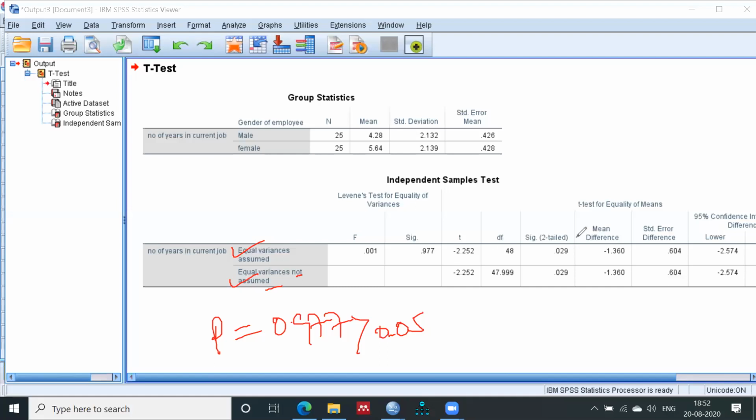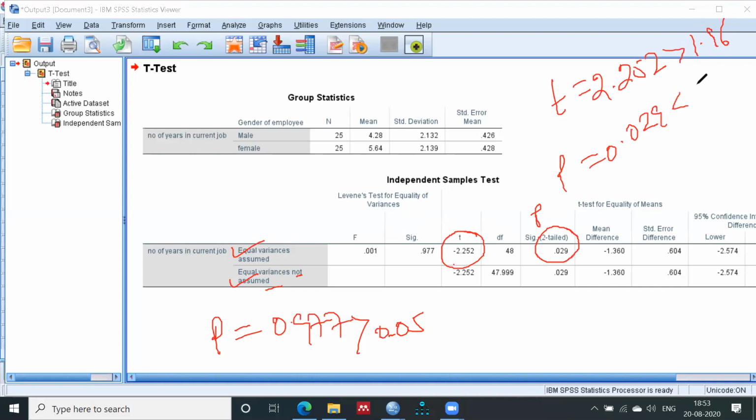For this one, you can see this is the p-value of your t-test, not Levene's test. The t value is 2.252, which is greater than 1.96, and the p-value is 0.029, which is less than 0.05. What does it mean?